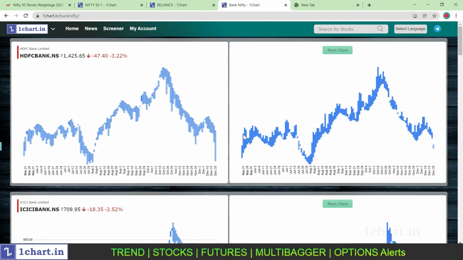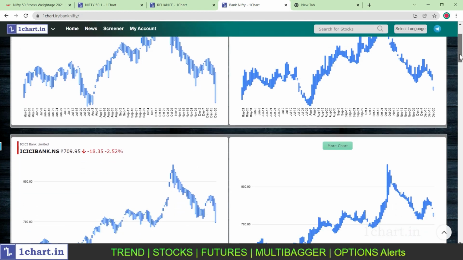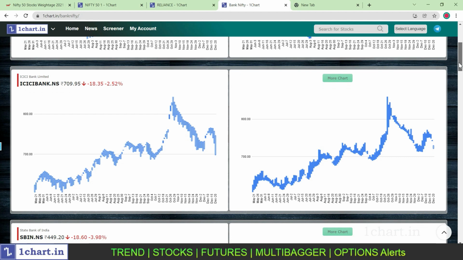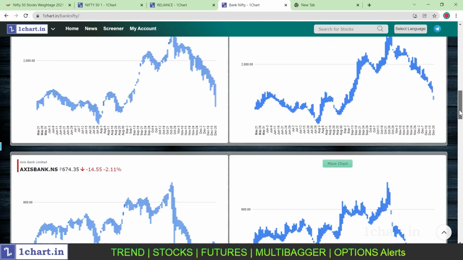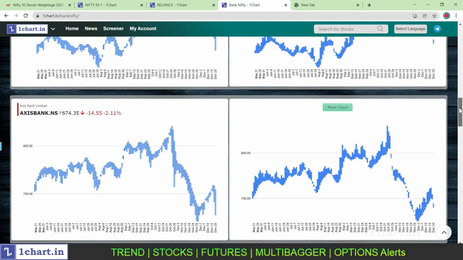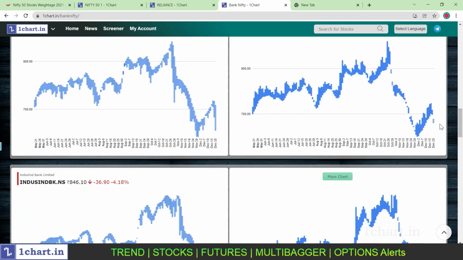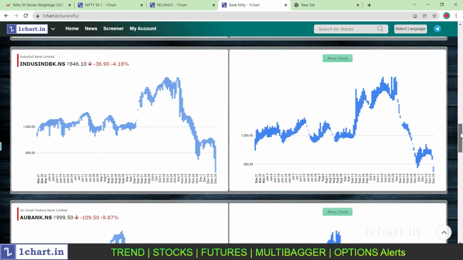In Bank Nifty, we can easily find the directions because in Bank Nifty only 12 stocks are there. So here the major percentage, HDFC has 27 percent, I think. So here there is a gap down formation. The first stock, and second stock ICICI Bank, is also gap down. SBI gap down. Kotak Bank in down direction, dot formation. Axis Bank also clearly dot formation. IndusInd Bank dot formation.